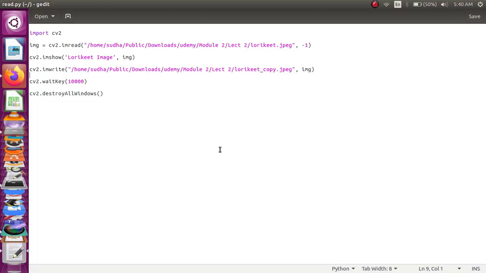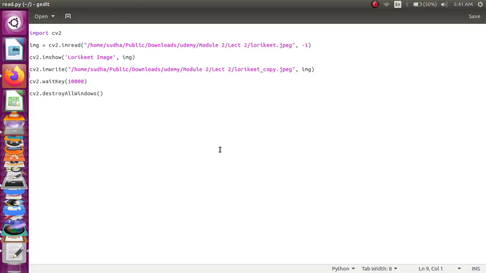For example, I want to write my image only if I press a key called S. If I press N, which is nothing but no key, then it has to simply destroy the window and come out of the code. So the assignment which is given now is when I press the S key from the keyboard,